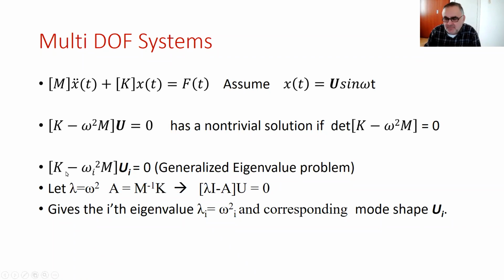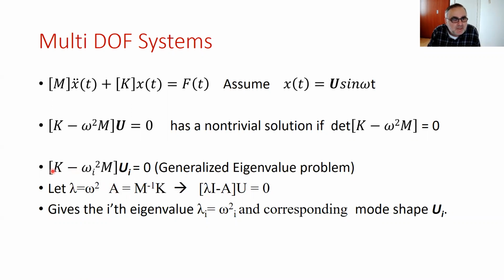The problem we have here, let me show it here. This problem we have here, (K minus omega_i squared M) times u_i, is called the generalized eigenvalue problem. The normal eigenvalue problem, if you remember, is this one. (lambda I minus A) times a vector u is equal to 0, or lambda u is equal to A u, is the regular eigenvalue problem. But the generalized eigenvalue problem, which we have here, can be converted to the normal one as